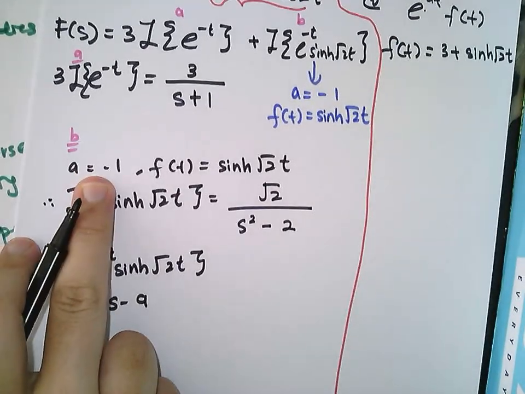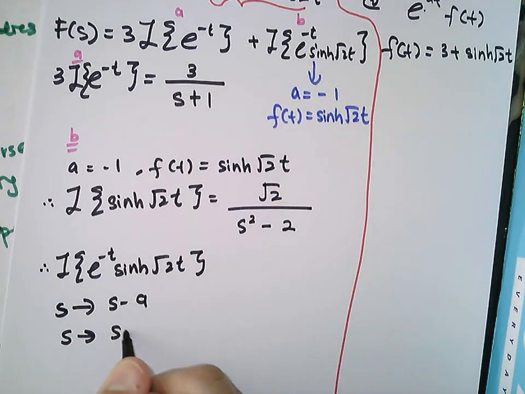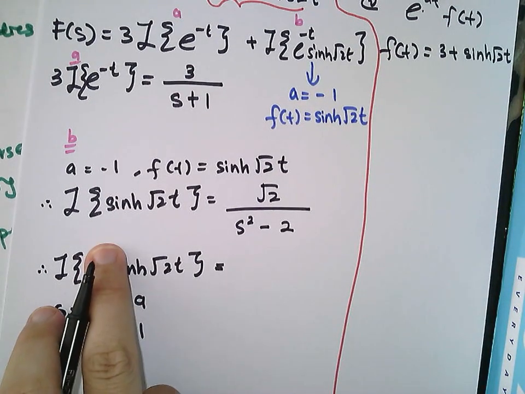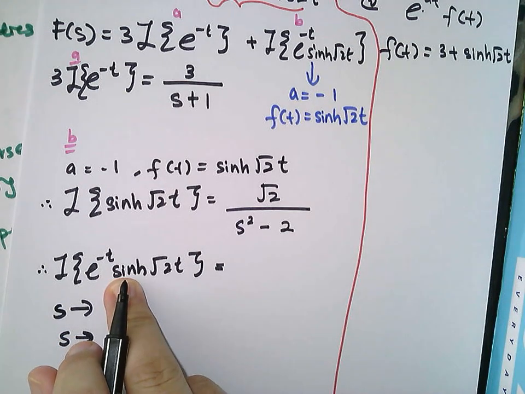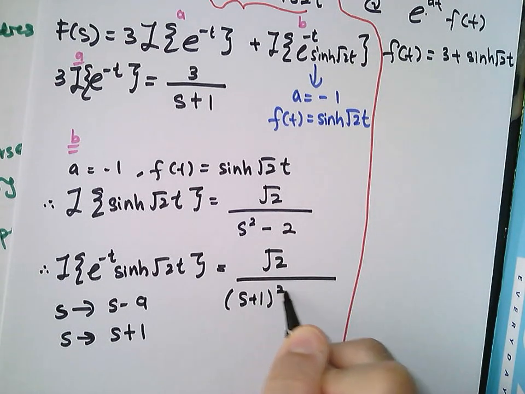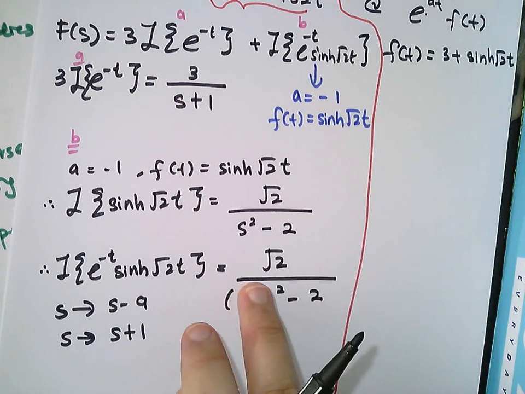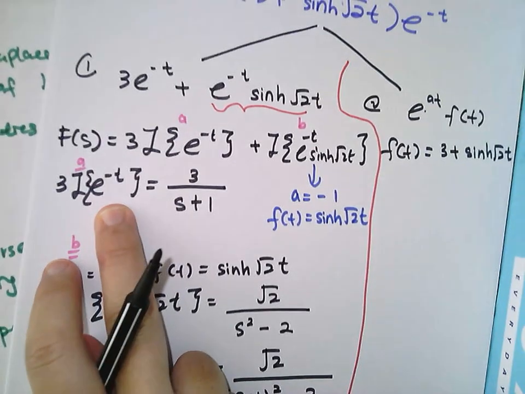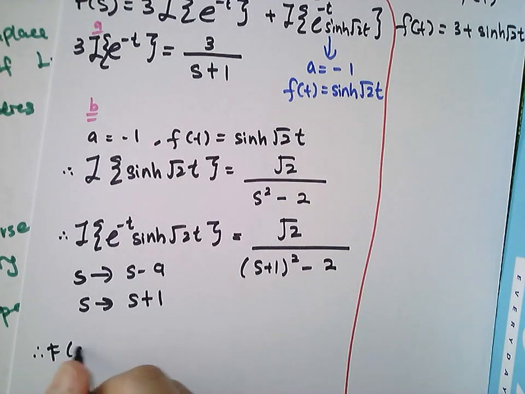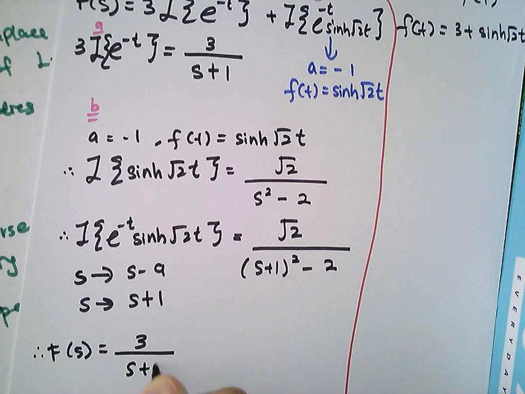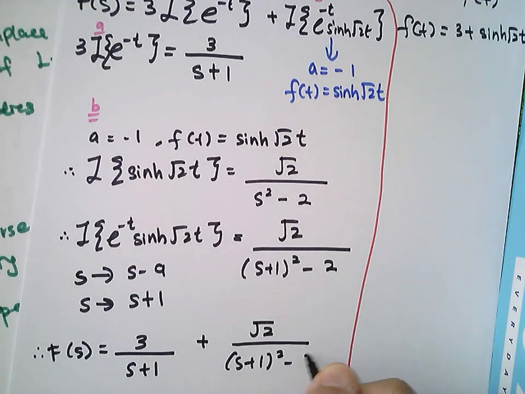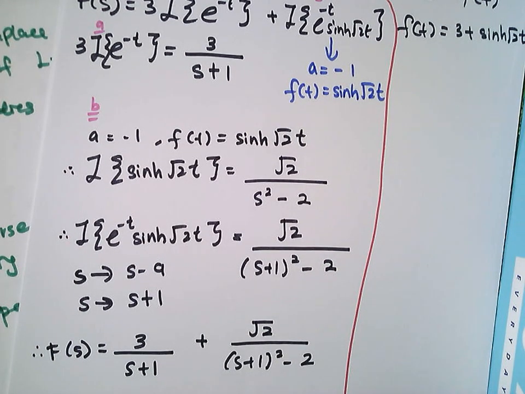So in this case your a is equal to negative 1. So you will have s plus 1. Okay, so therefore your Laplace of e^(-t) sinh(√2 t) is equal to √2 over (s plus 1) squared minus 2. So this is your B solution and this is your A solution. So by combining these two functions, therefore your F(s) is equal to 3 over s plus 1 plus √2 over (s plus 1) squared minus 2. So this is the first way of doing it by